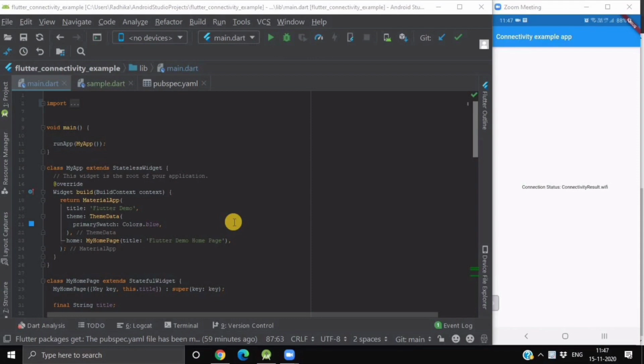So today's Flutter widget of the day is the Connectivity Plugin. This plugin allows Flutter apps to discover the network connectivity and configure themselves accordingly. It can also distinguish between the cellular network and Wi-Fi network.